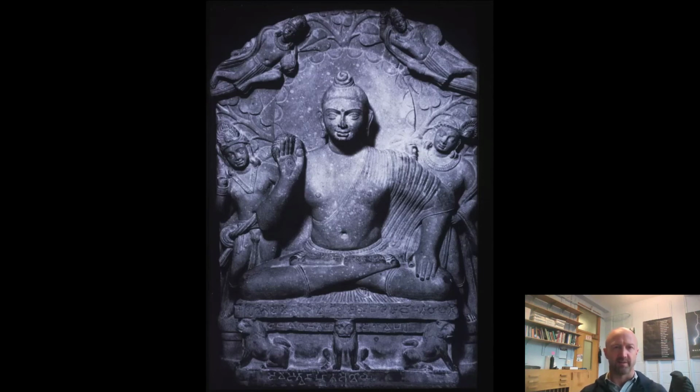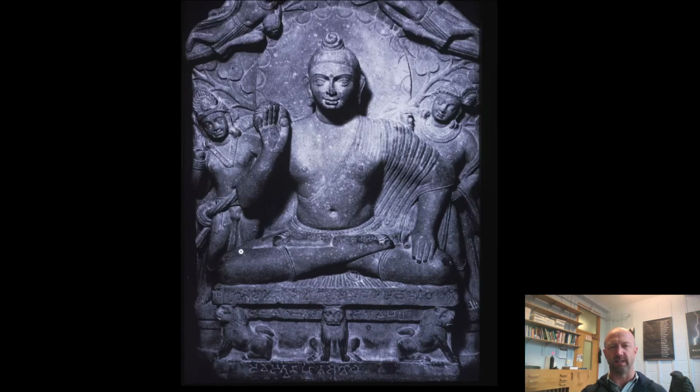A less formalized style of the Buddha is represented here. This is the Buddha teaching his first sermon from Sarnath again. And Sarnath, again, place of his first teaching, from the middle of the 5th century CE. You can probably tell this. He looks a little bit like those yaksha figures. He's a bit more fleshy. There's a little less stylization to his body. You can see right through his cloth here. He's seated in what's called the yoga pose or the lotus pose here, over a stylized lotus blossom at the bottom. Once again, you see the lions down at the bottom.